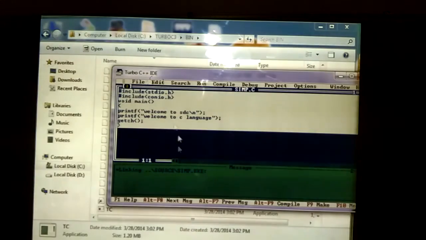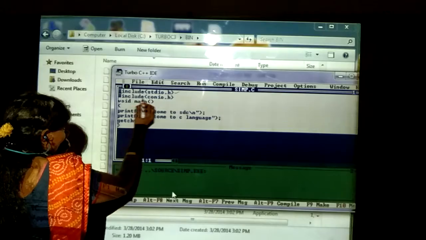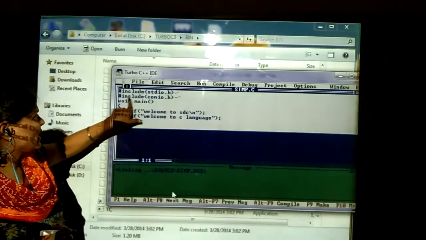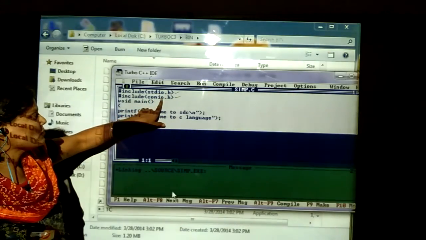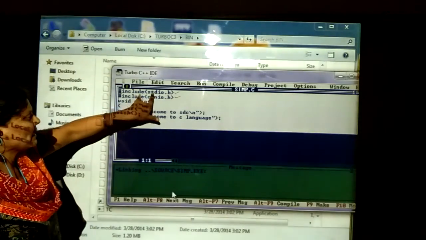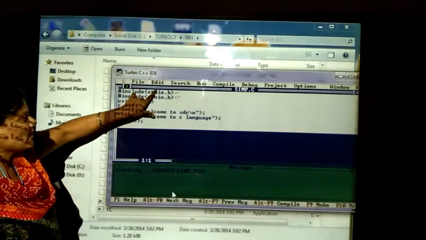See here. This is the simple program. In the program, we are using #include stdio.h, which is a link file. After that, again we are using conio.h. stdio.h is the standard input output header file. #include conio.h is the console input output header file, which means whatever data we give through the keyboard should be linked by stdio.h. These are the predefined files available.